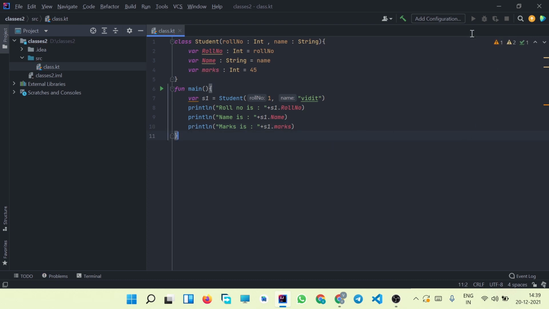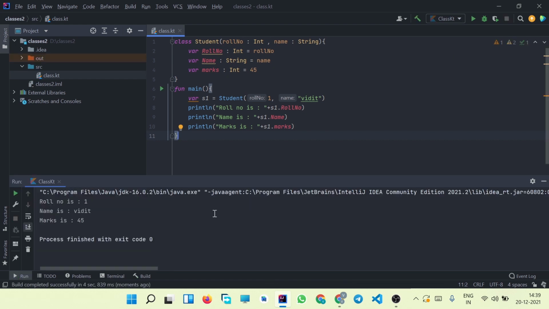So now let us try to print this. Let us try to run and see what it is going to print. So you can see the roll number is 1, name is Wit, and the marks is 45.